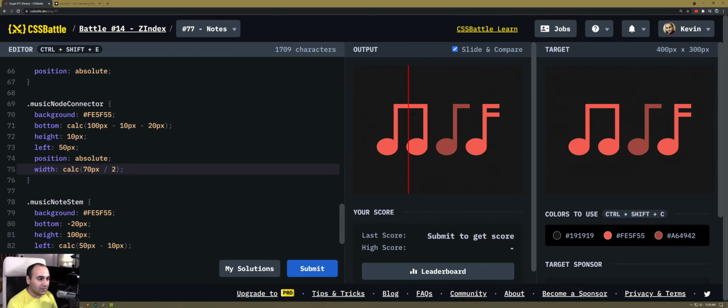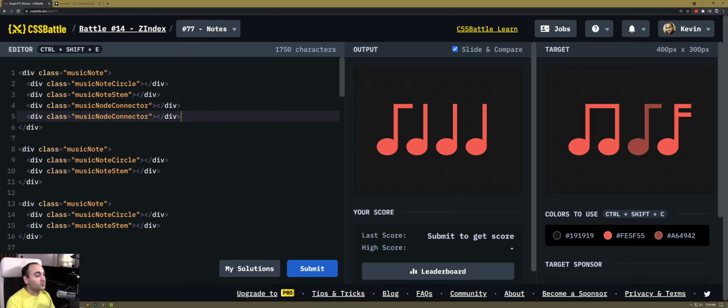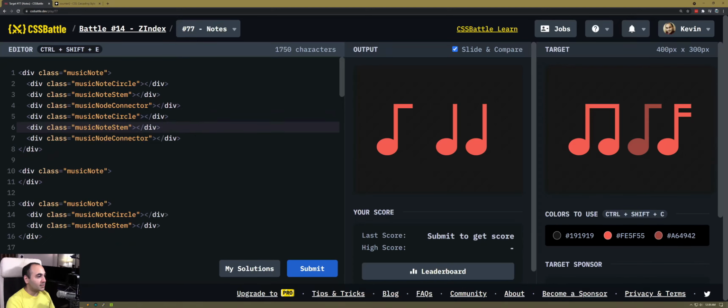The problem is the width of this is starting right here. I'm pretty sure it starts right here and then goes on. For the second one, though, it needs to minus the width of the stem. Okay, so we have to add another connector here. And so if there are two connectors, the second connector then would do that. That's how you do it. So there would be another connector because there is another music note